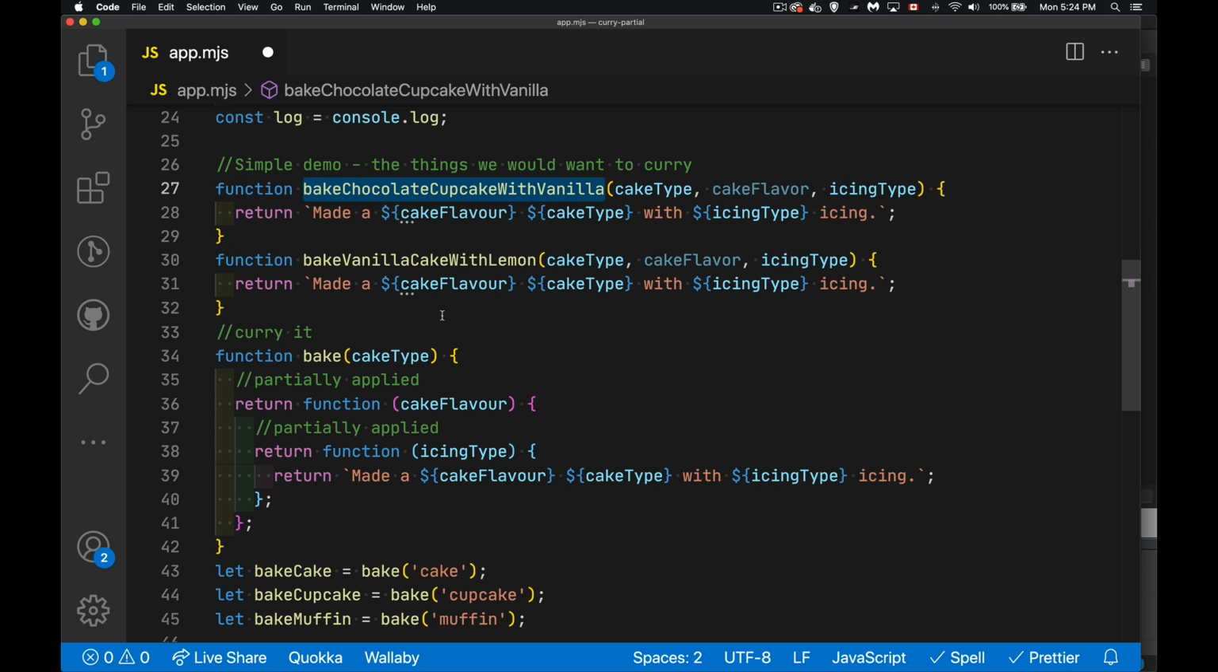And then we had different styles of cakes, cupcakes, muffins, things like that. And there was different types of icings. That can grow exponentially. We can have all these different things. So we can curry this and turn it into